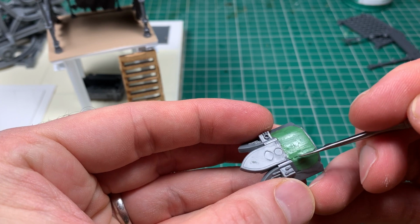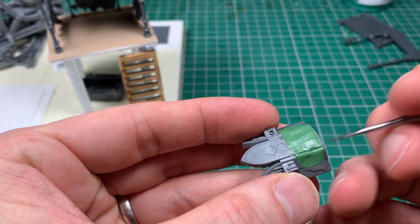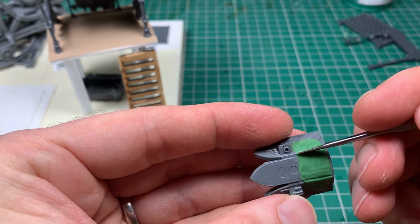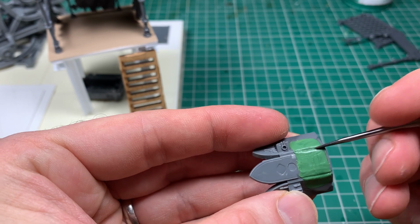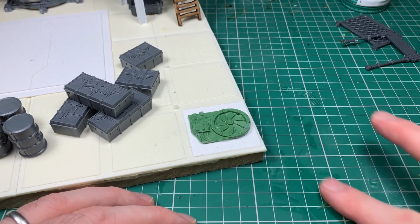I'm filling the gap in the back just with a bit of green stuff and sculpting it so it looks a little bit more not realistic, because nothing's realistic. This is 40k and Necromunda after all, but just so it looks a little bit more in keeping. And then we're going to glue that into the little hut that we've just built, and that's the control panel